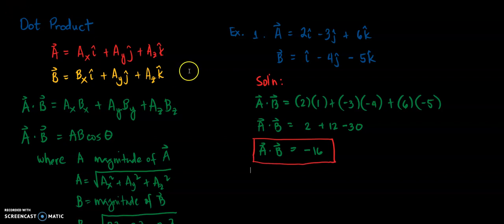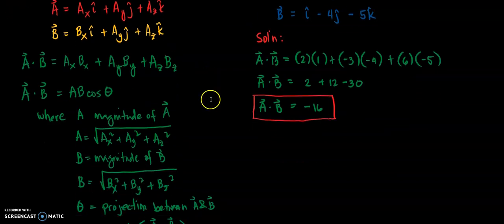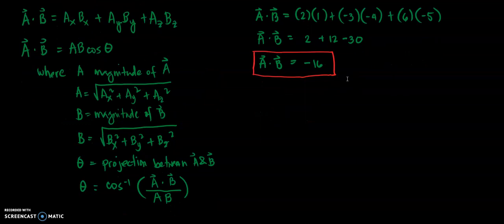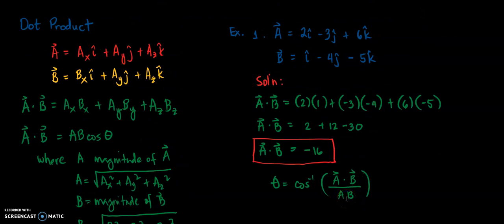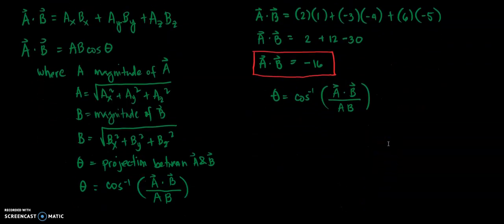So this is the value of A dot B. Next, we will solve also the angle between A and B, that is the theta. To compute theta, theta is equal to the inverse cosine of A dot B divided by A and B. We already solved A dot B, which is equal to negative 16. But we do not have any value yet for the magnitudes of A and B. So let us solve first the magnitude of A,